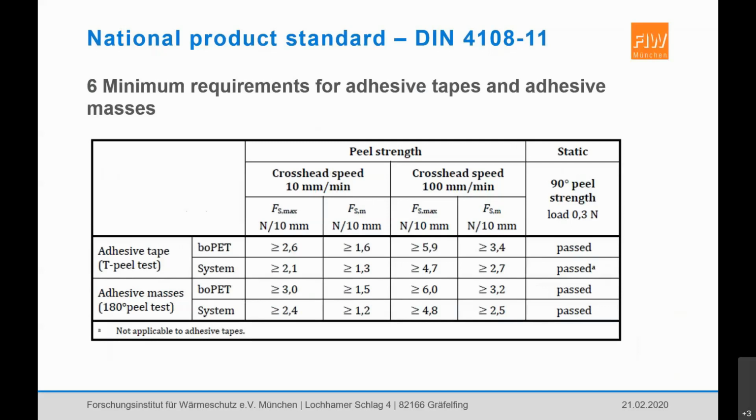This is something that is included in this product standard due to the fact that we have a national standard here. So therefore, minimum requirements are okay to be given here. The intention was to exclude products that are not suitable for the application as airtight adhesives. These were identified by a broad analysis of existing test data and statistical evaluation to define these useful minimum values for the results of the peel test.